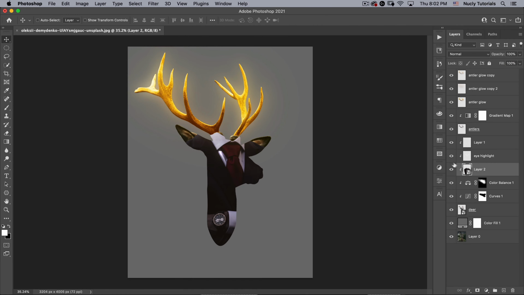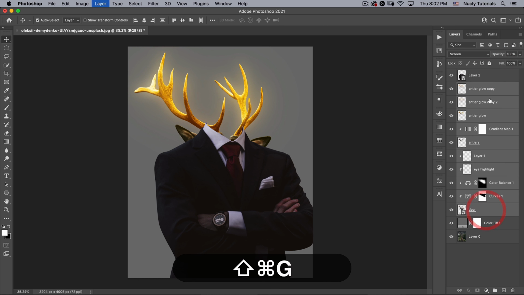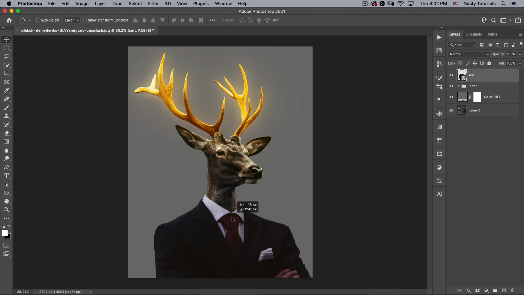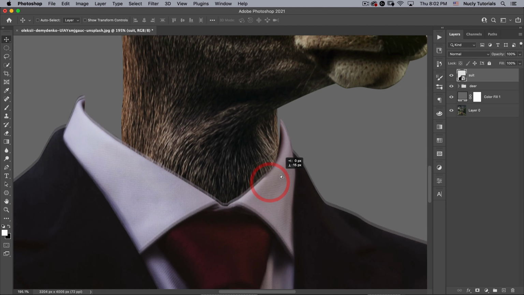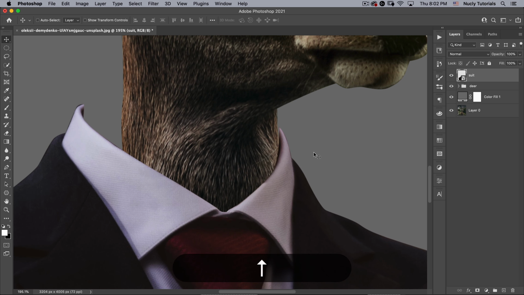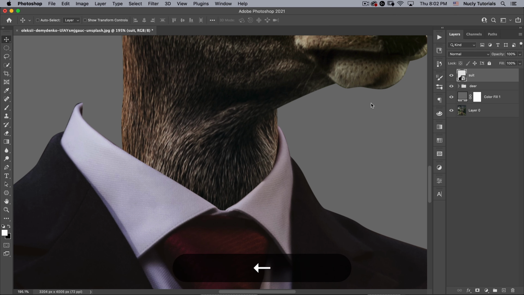and then just drag this into here. I'm going to put it at the very top. I can actually take all these layers, put them in a folder called deer, and then take my suit layer here. I'm just going to line up the neck where I want the neck to be, which is right about there. And here I'm just lining up this right here with the existing neck.